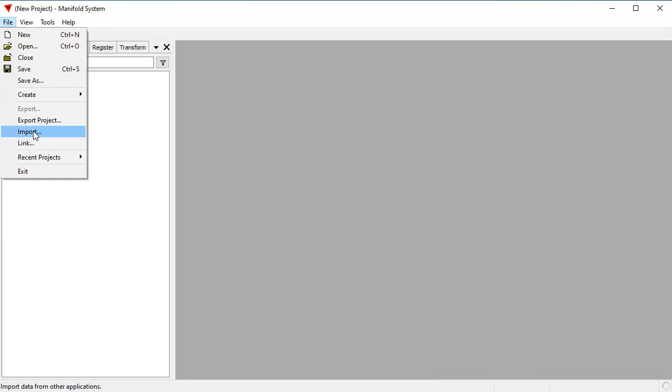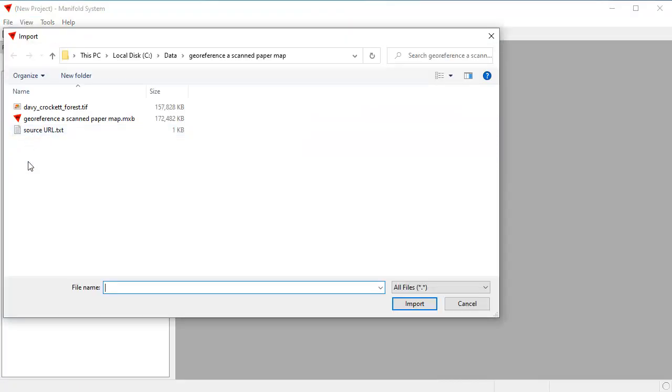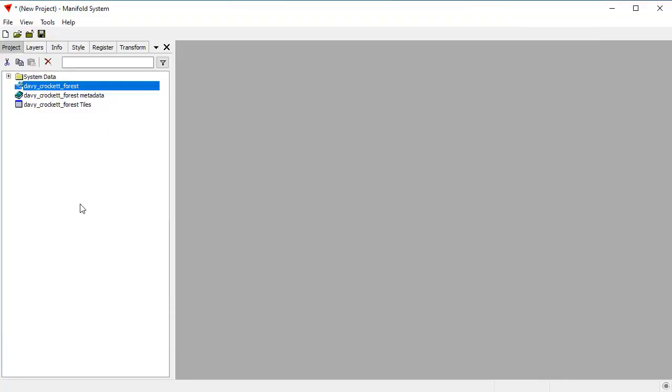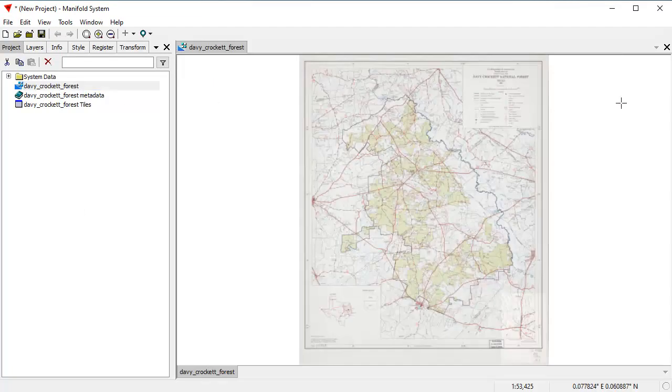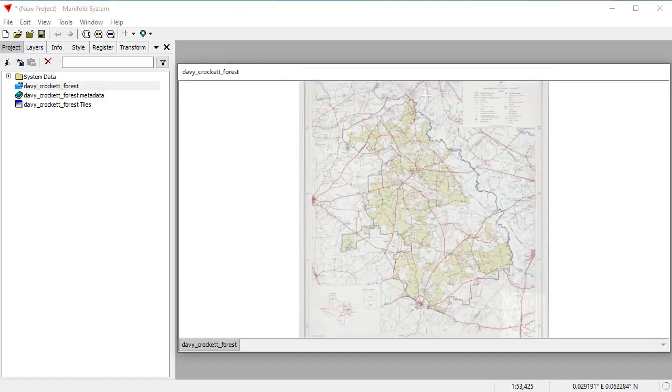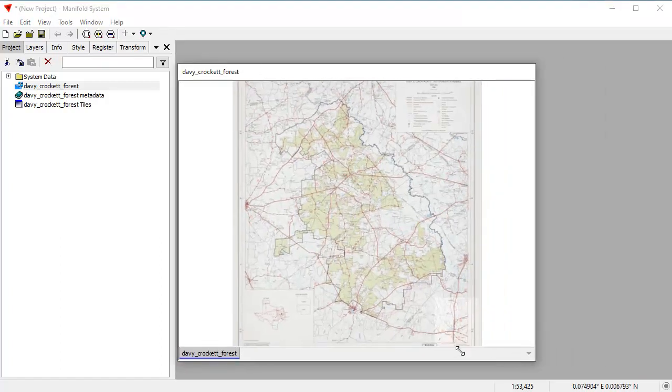Let's import our image by clicking File, Import, and then here I'm going to import this image, Davy Crockett Forest.tiff. It's a 157 megabyte image. It imports that quickly. We can double click it open, and we can see what we have here is a scanned paper map. I downloaded this from the Library of Congress collection of scanned paper maps, so this is in the public domain. I'm going to shift click on the layer tab to undock